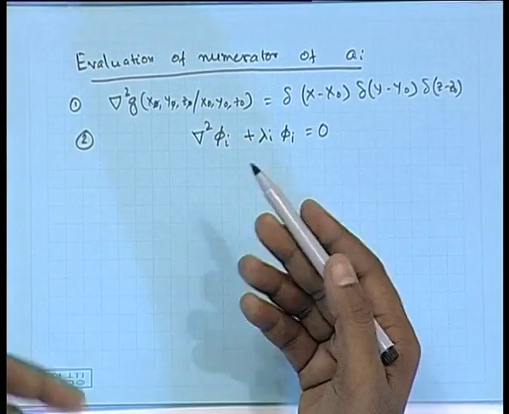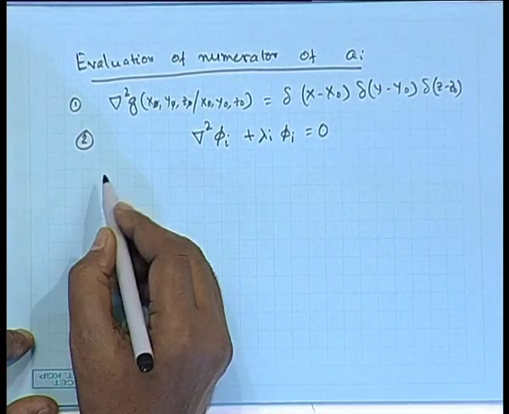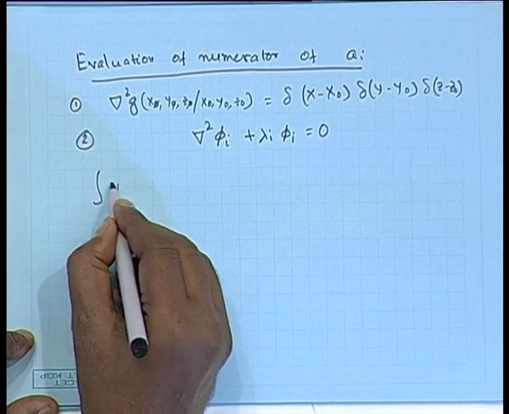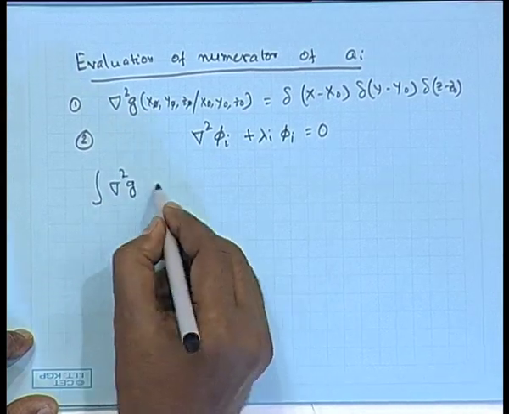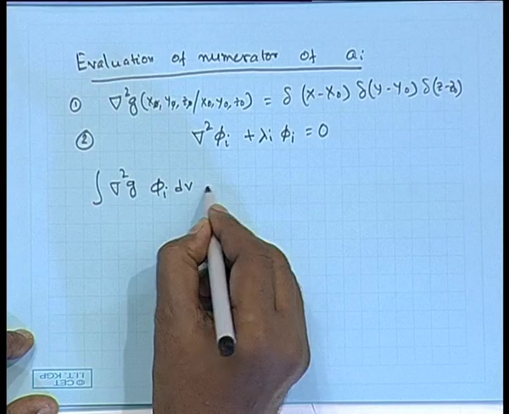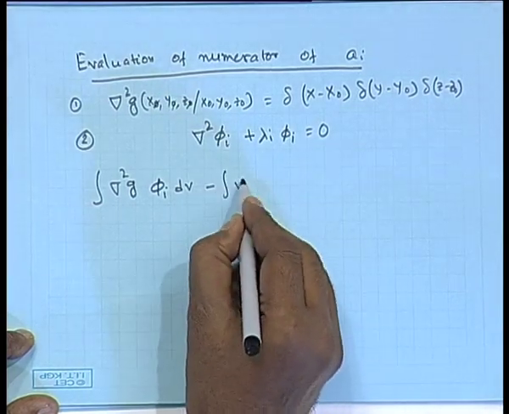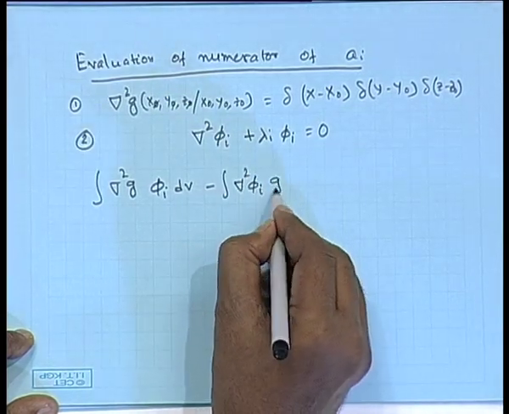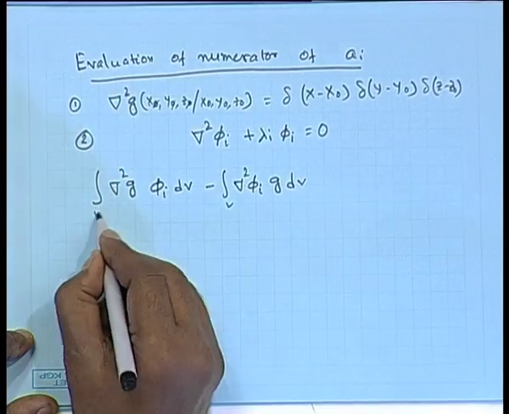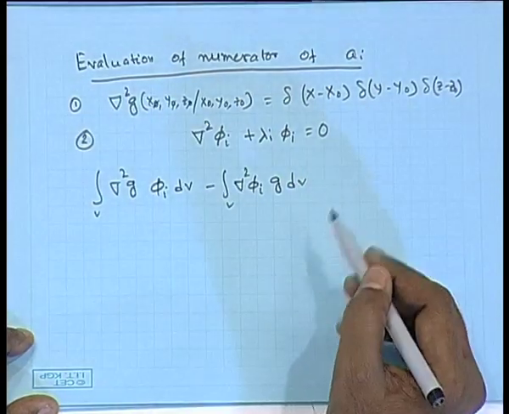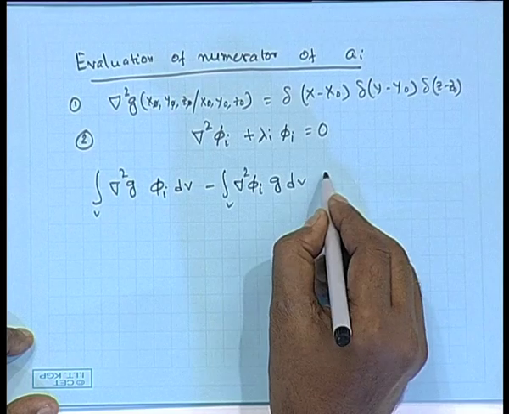That is how you connect the two equations. Okay. So, it will be simply integration of grad square g phi i dv minus grad square phi i g dv. This integral is over the volume because both the equations are valid over the control volume,